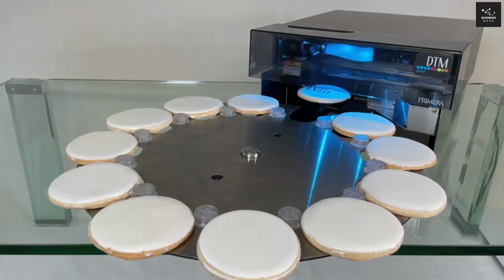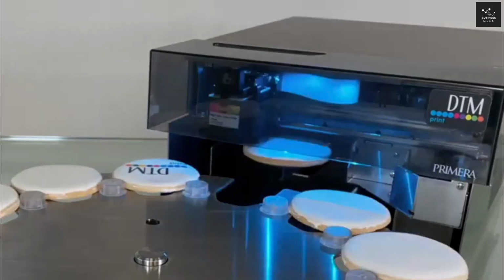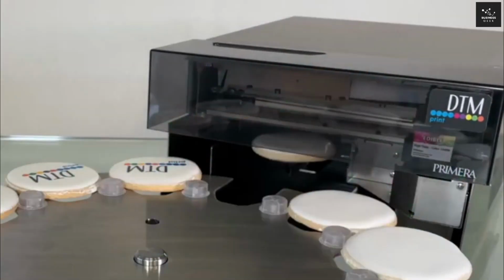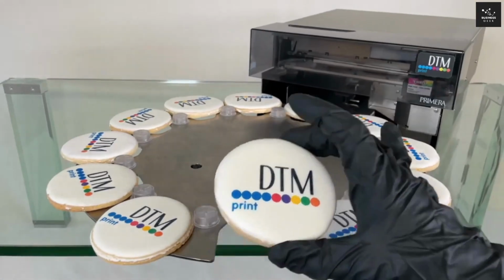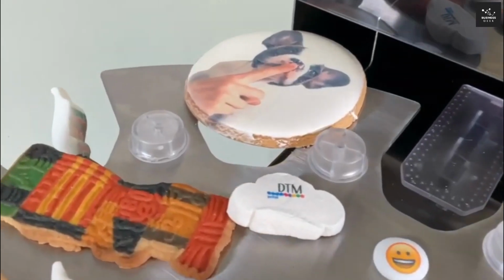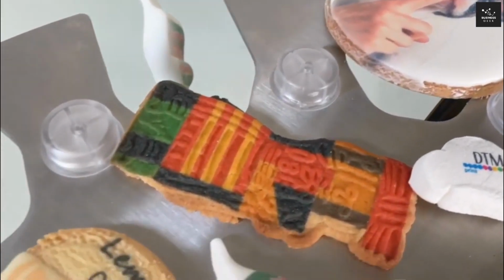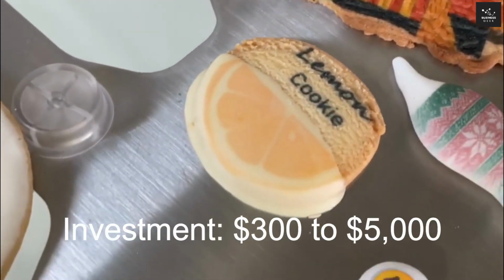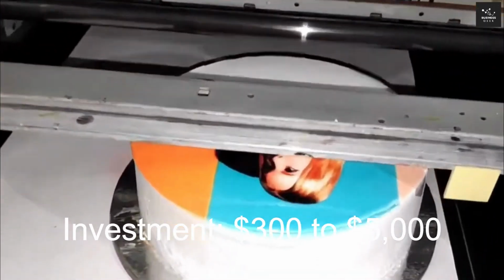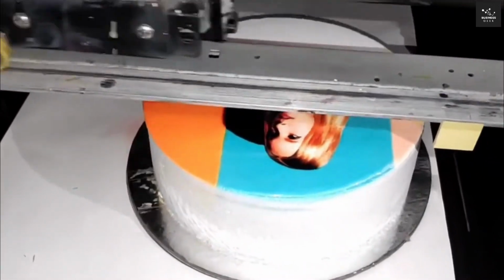It allows cake decorators to personalize cakes with photos, logos, cartoon characters, or custom messages, perfect for birthdays, weddings, corporate events, and other celebrations. This not only enhances the visual appeal of the cake, but also adds high value to your offerings. With entry-level printers starting around $300 and commercial models going up to $5,000, it's an affordable investment with